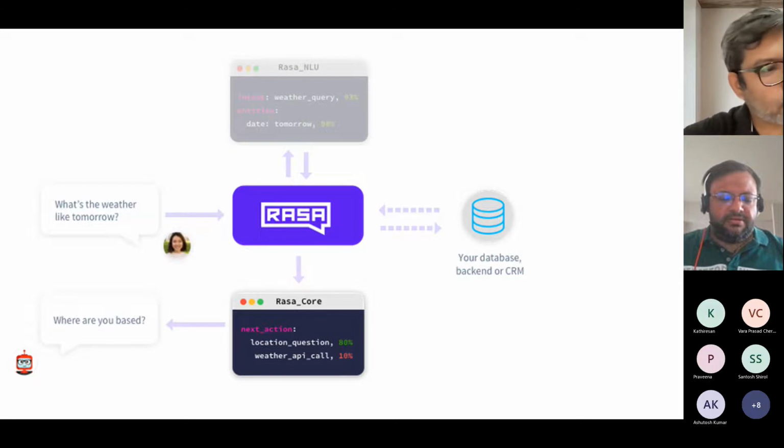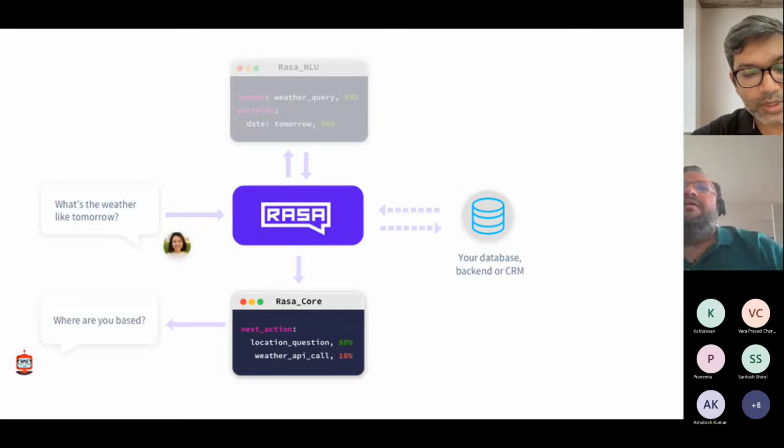So, sir, for example, we are maintaining the state. The first input was the weather tomorrow. The second was the state. Third was the city. So all three variables we are maintaining in the state. So we might like to have a particular number of variables in the state, so that the bot will remember only to this extent for optimal performance. Should we consider anything like this while designing the chatbot, or can we keep remembering the state till the hard timeout is there, or the user has ended the session? Either of these two cases.